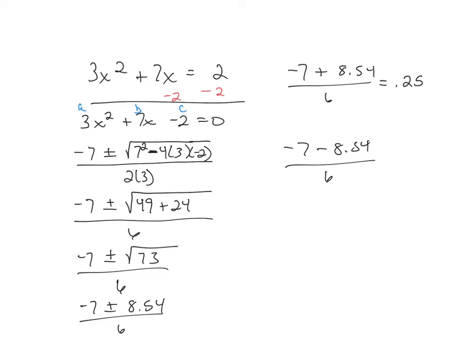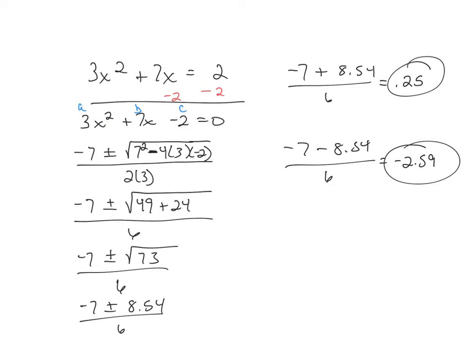I'll just leave it at 0.25. Negative 7 minus 8.54 is negative 15 divided by 6, negative 2.59. Okay, so those are where it crosses